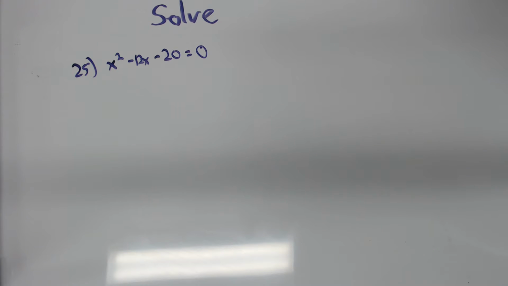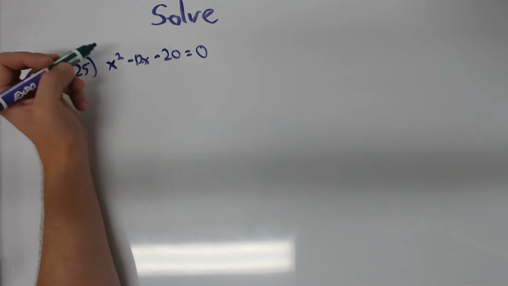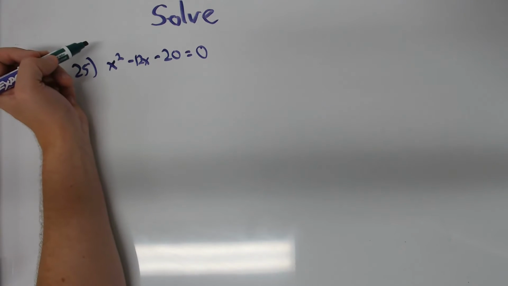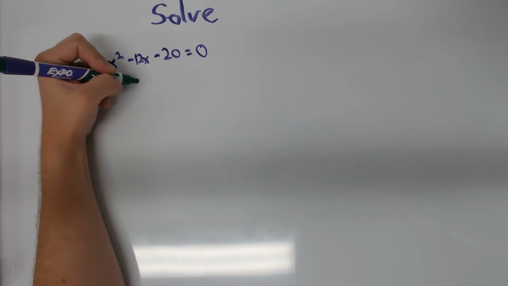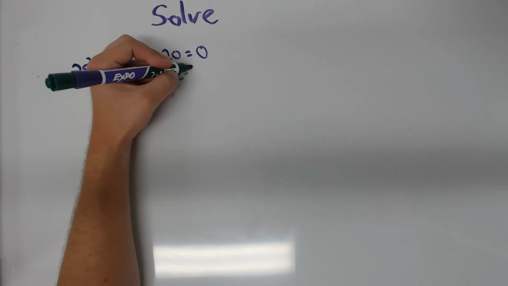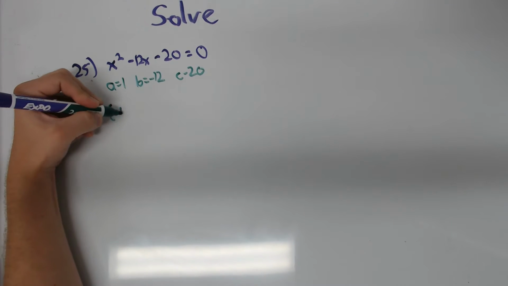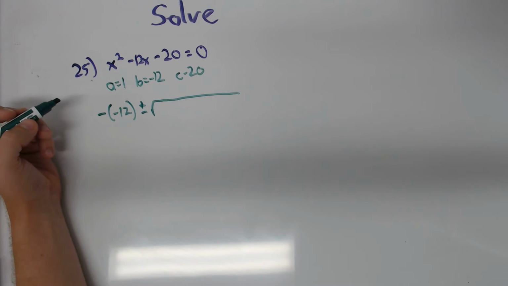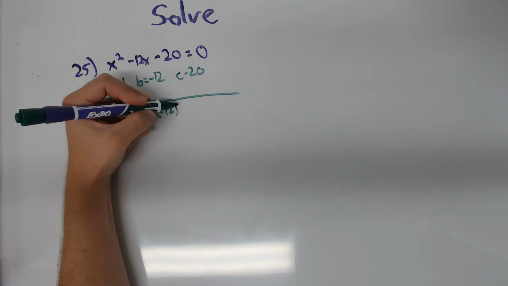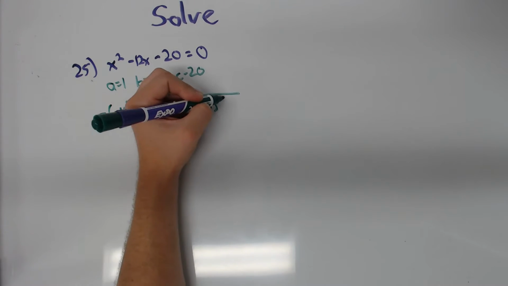And last equation to solve. This is another one that's actually not good for factoring. We're not going to be able to find something that gets negative 12 for us. We will have solutions. They're just not going to be pretty solutions. All right. So we're going to do a equals 1, b equals negative 12, c equals negative 20, and start up with the quadratic formula again. Negative b, negative 12, plus or minus the square root, b squared, so negative 12 squared, again putting that in parentheses, minus 4, a is 1, c is negative 20,